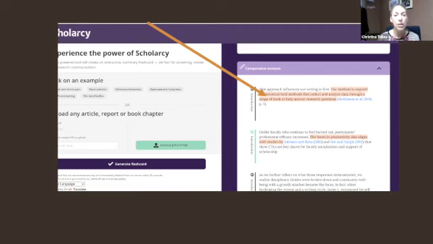So very time efficient. The other thing I like about it is that it labels where in the article that happened. In this case, it has some highlights from the introduction. So that way I know, oh, this piece of research or this comparison of methods is happening right there in the introduction. So they're laying the groundwork. Maybe later I'll see it's in a methodology section, and what they're doing is talking about how they tweaked a research method for their own purposes. All that kind of stuff is stuff you can pick up on in a deeper read, but I think Scholarcy does a pretty good job of just capturing that at a glance for you